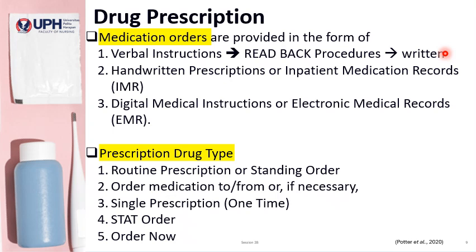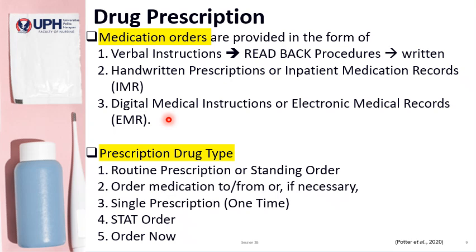The one that used to be used is the IMR, or the inpatient medication record. It's handwritten. You write the medication on that paper. I think in one of your tutorials you already saw the IMR, where the doctor writes the prescription. And then we now have the digital medical instruction, or the EMR, the electronic medical record, where the doctor types and then the pharmacy will process, and we as nurses are the ones who then